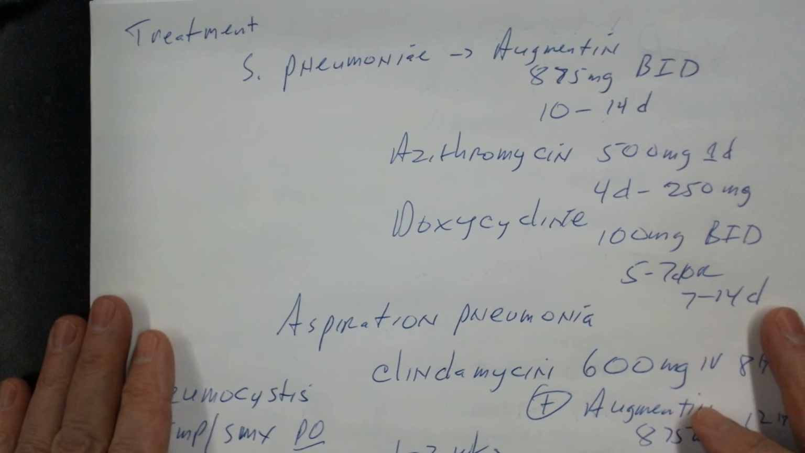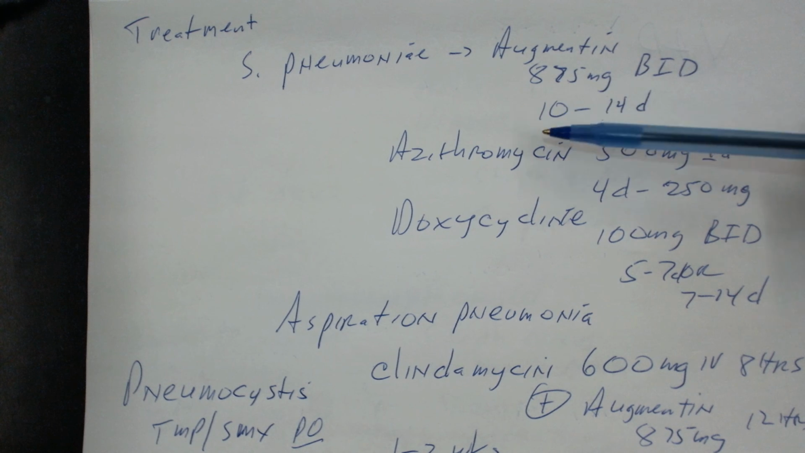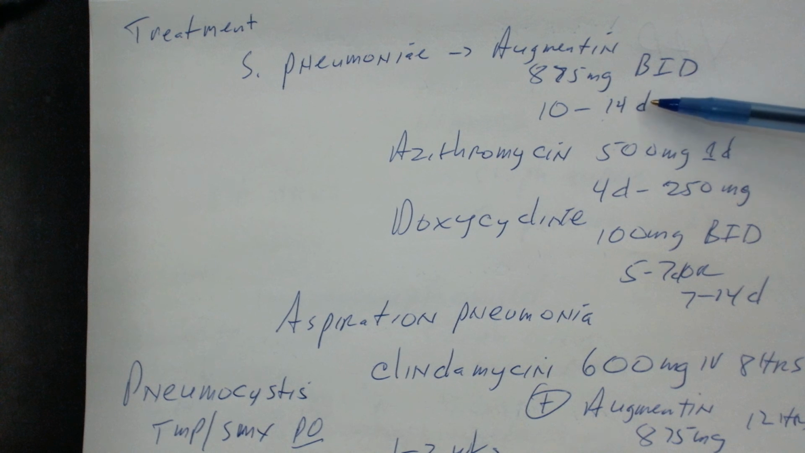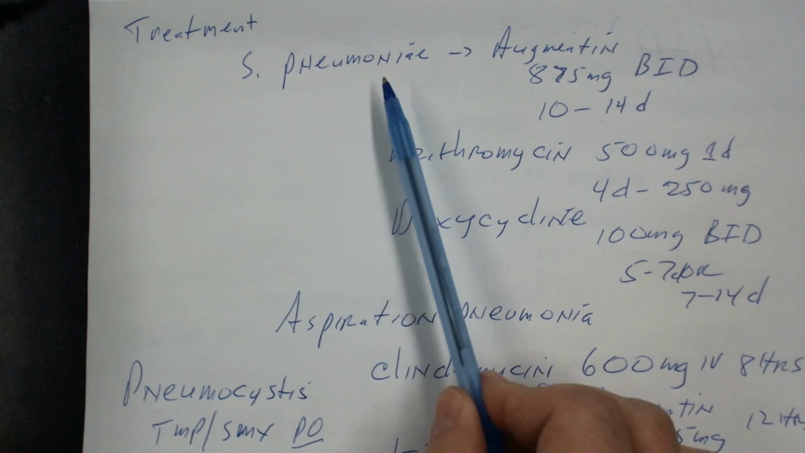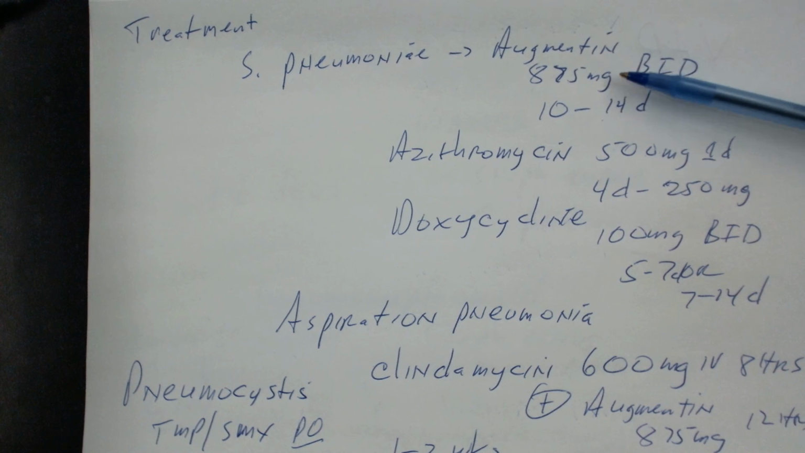Let's talk about treatment of pneumonia. Of course, it's going to depend on the type of pneumonia. Typically, Augmentin is used, so 875 mg twice a day, treat for 10 to 14 days. If you have sputum, you want to make sure the sputum is negative. Streptococcus pneumoniae, if you're treating empirically and you want to make sure you hit